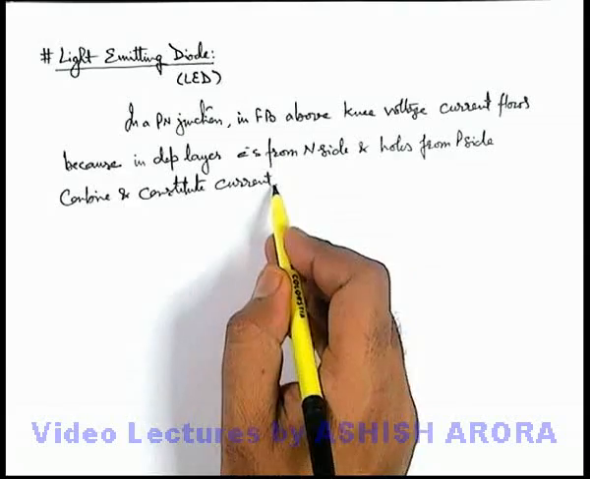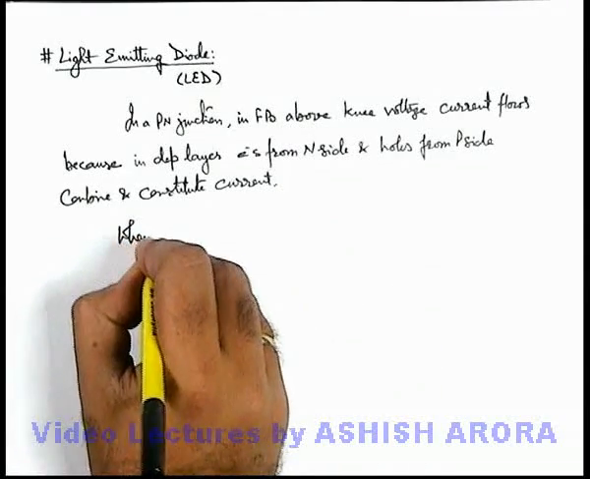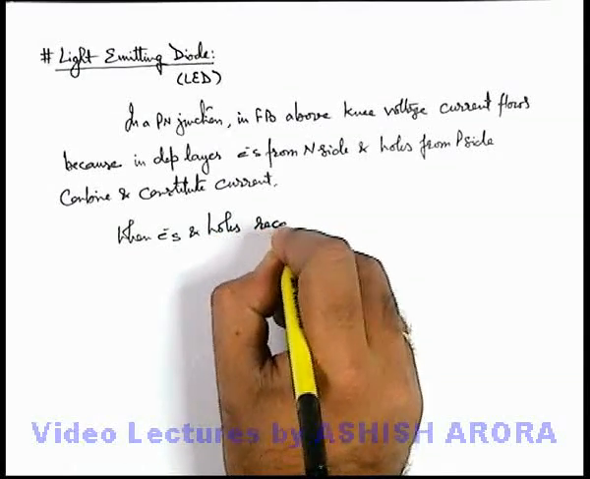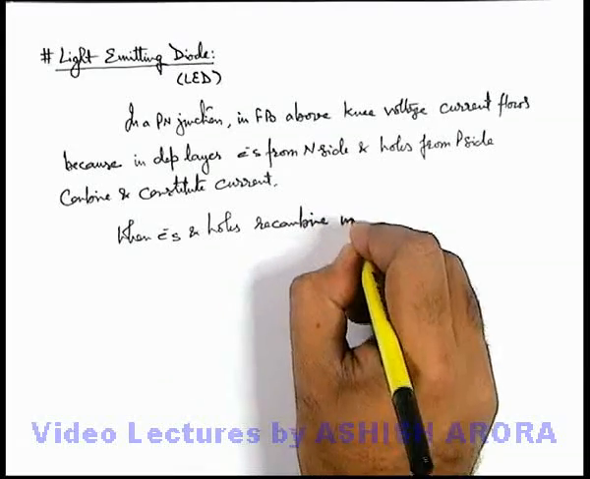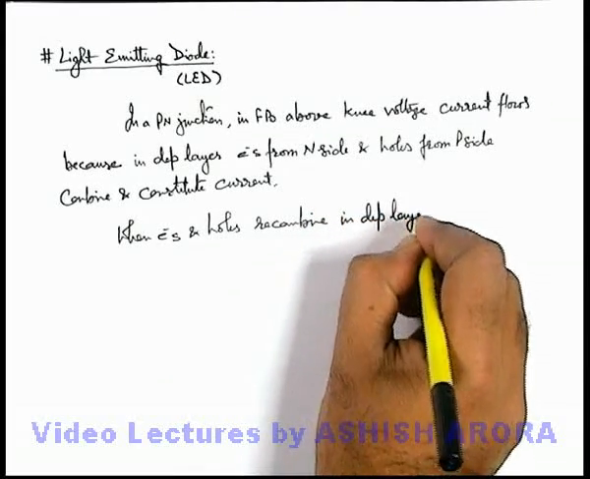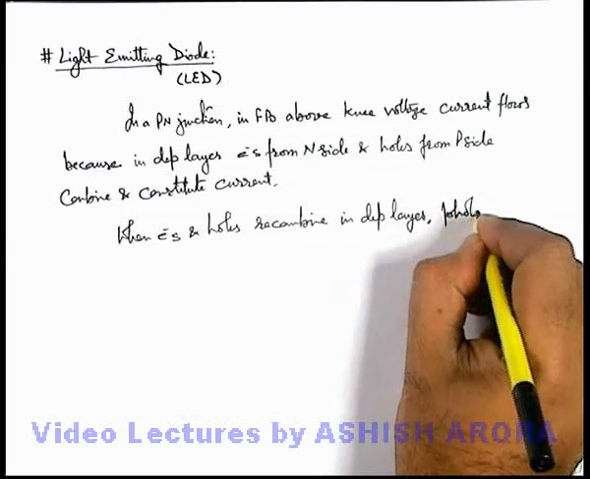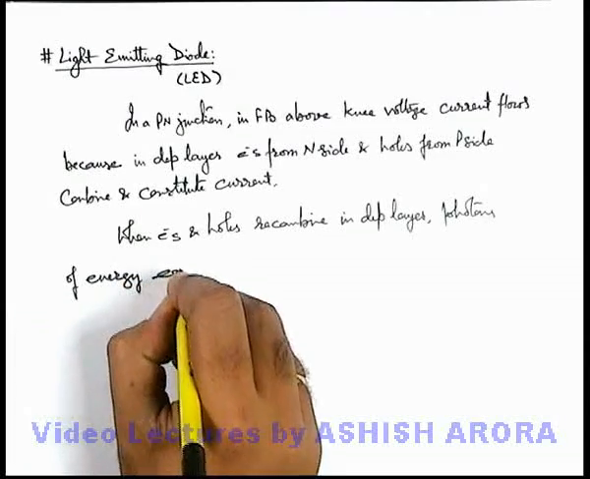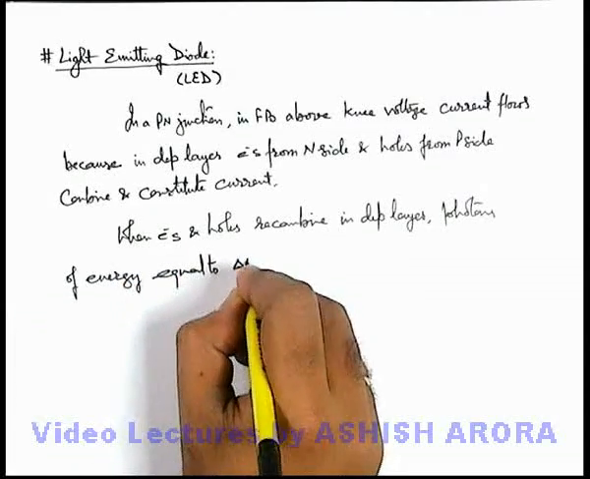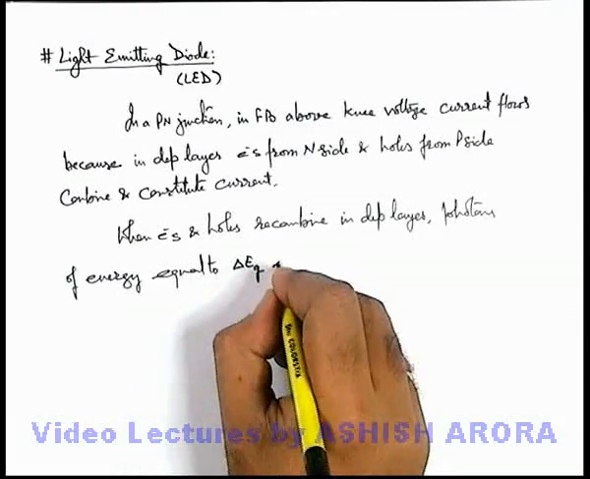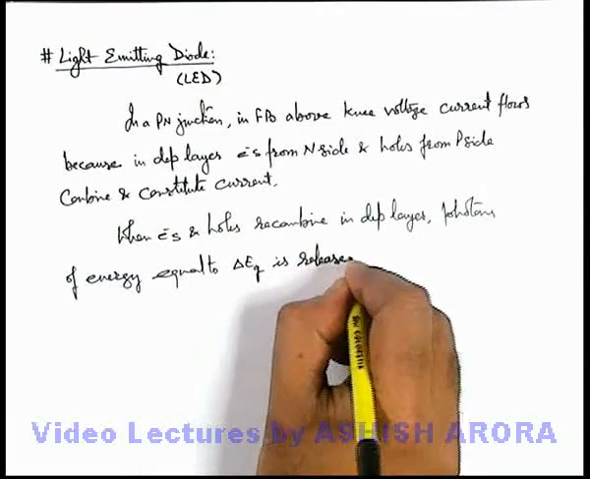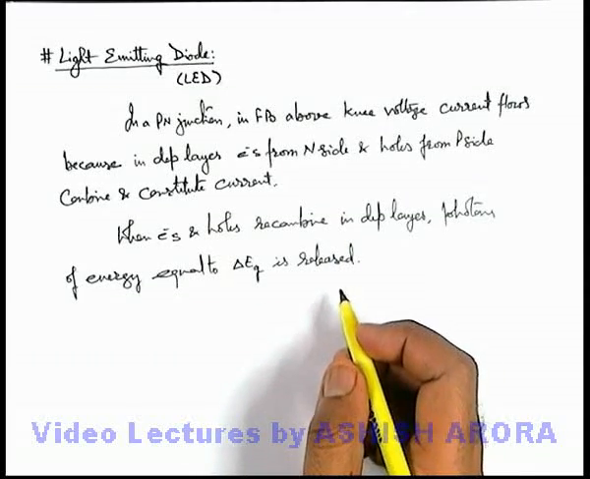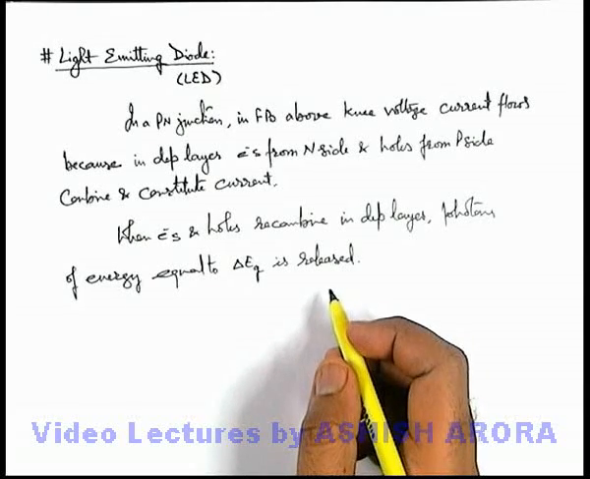the depletion layer. Here we can also state that when electrons and holes recombine in the depletion layer, photons of energy equal to delta Eg, which is the energy gap, are released. We already discussed that a PN junction remains in thermal equilibrium because of generation and recombination of electron-hole